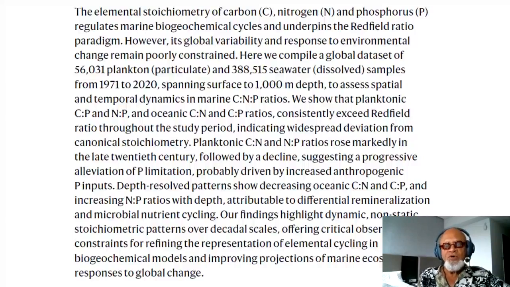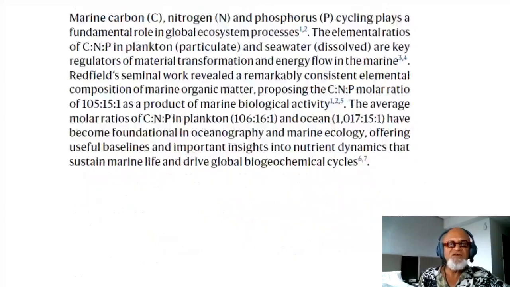So we have a bit of a tunnel vision on carbon cycle, but these things are the fundamental components of the carbon cycle, so we have to worry about their functioning. They are not saying it's related to global warming, but human activities like increased phosphorus supply to ocean waters are also playing a role.